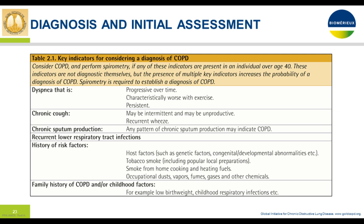There are host factors, genetic factors as well, which are implicated, tobacco smoke, as we said, and smoke from biomass fuels, and occupational exposure to dust, vapors, and fumes in an industrial context as well. There's often a family history of COPD and/or childhood factors, with childhood exposure to smoke, which can actually, in pregnant females, produce low birth weight, and childhood respiratory infections and recurrent exposure as a child to smoke and